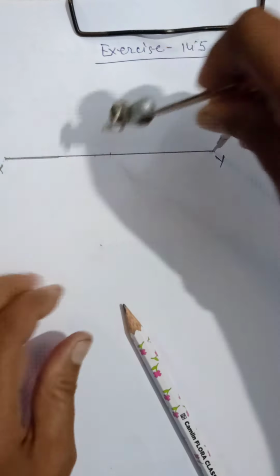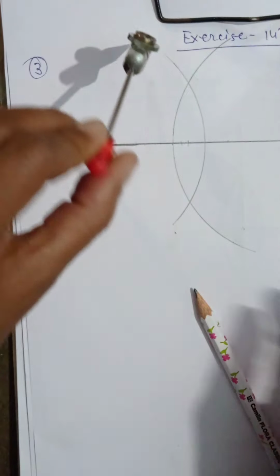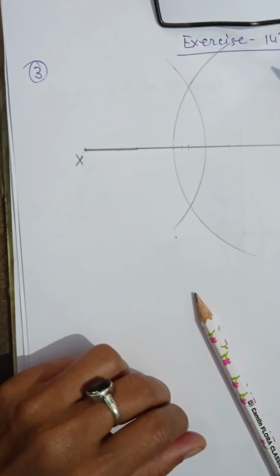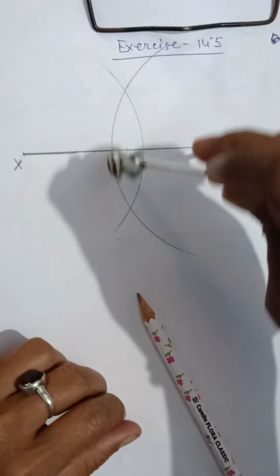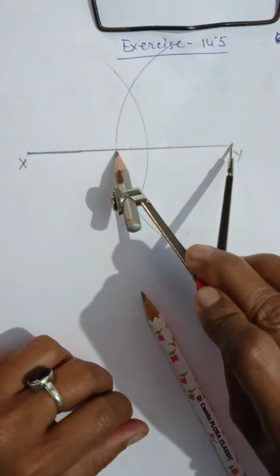Okay, I am showing you, I will show you again. See, on both sides I have taken more than half. You can see, yes, it is more than half of the line segment. So from that I am taking this first arc, and with the same radius, without disturbing my compass, I am repeating the same. I am drawing another arc which will bisect the previous arc.